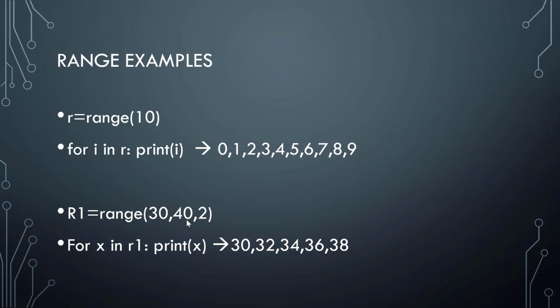So you know how to print it? for x in r1, r1 is my variable name. print x. First it starts from 30, and the interval is 2 now, 30 plus 2, 32. Again it will go to the next interval, 34, 36, up to 38. It will never reach the specified top value, the maximum bound. Less than that only, it will stop. So here 10 I said, now it will go up to 9. Here 40 I said, now it will go to 38 because the interval is 2. Same way, you can also give 5 interval if you want.